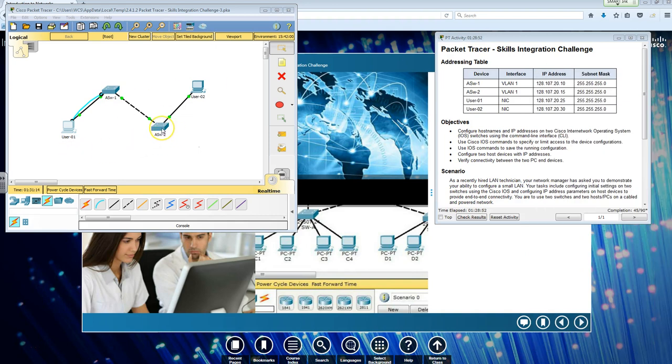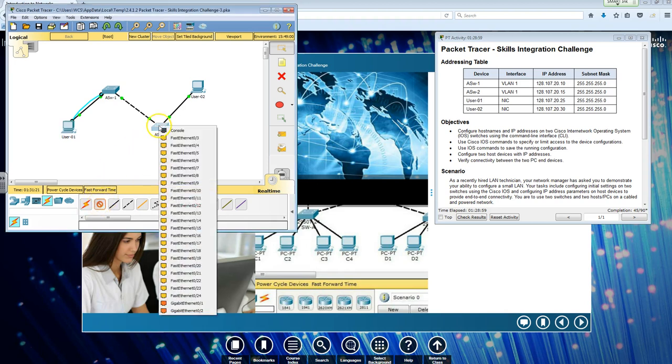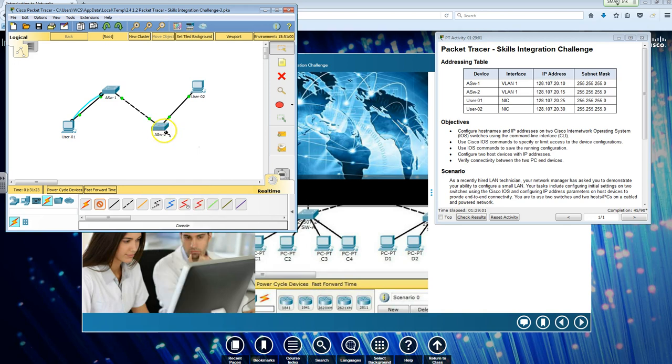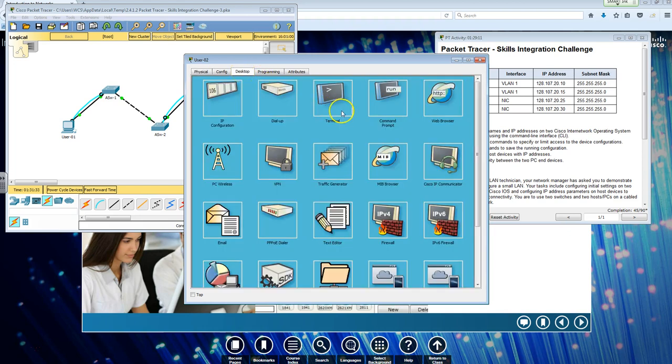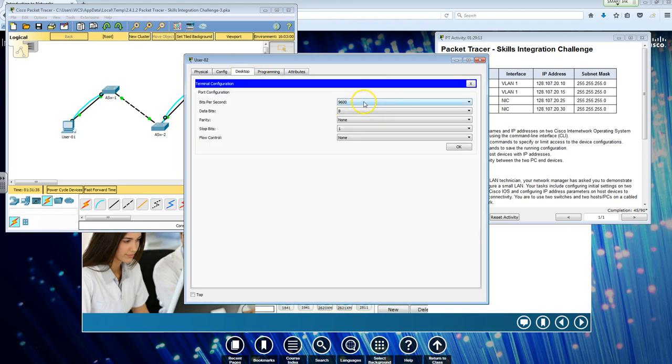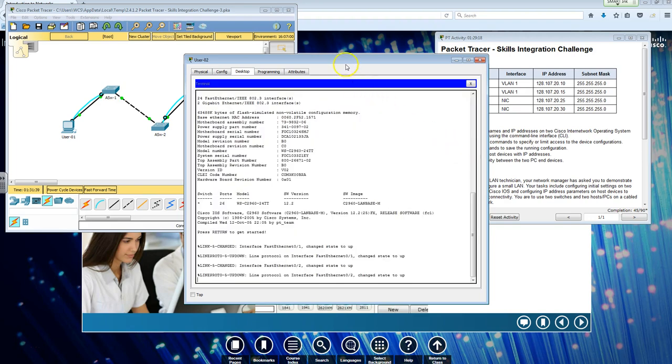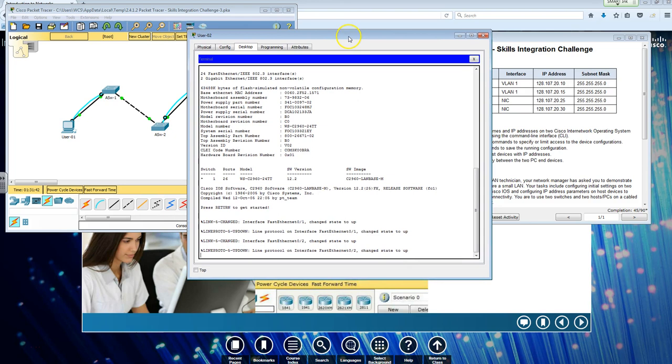Now, for me to configure this switch here, again, I need to take the console cable, connect it to the console, swing it up here to my PC, connect it to the RS-232. Now, if I click on that, I want to go to my desktop, I want to go to my terminal. I keep these configurations, click OK. Just going to slide that up a little bit. Come down here,